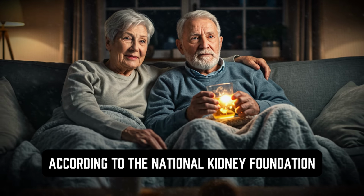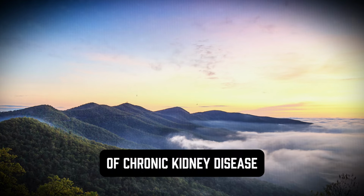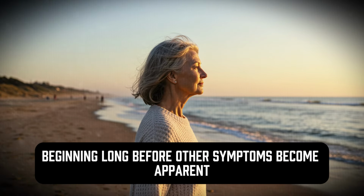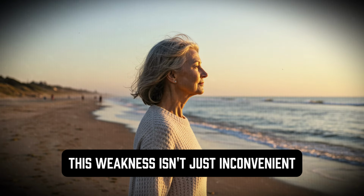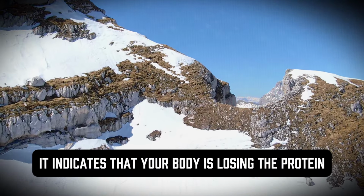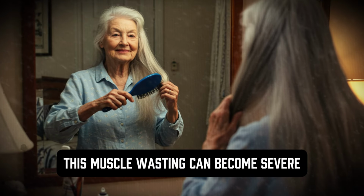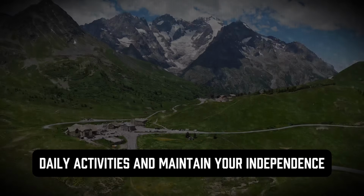According to the National Kidney Foundation, muscle wasting and weakness are common complications of chronic kidney disease that affect up to 70% of patients, often beginning long before other symptoms become apparent or blood tests show severe abnormalities. This weakness isn't just inconvenient. It indicates that your body is losing the protein and minerals it needs to maintain normal muscle function. Without proper treatment, this muscle wasting can become severe enough to affect your ability to perform basic daily activities and